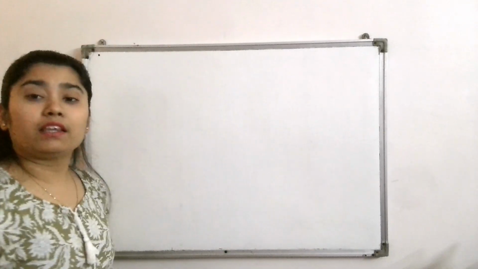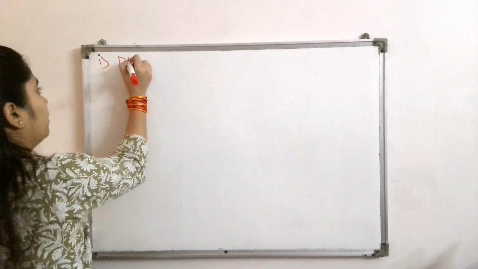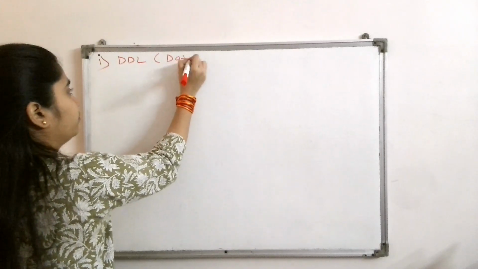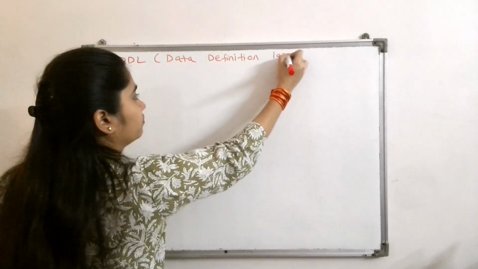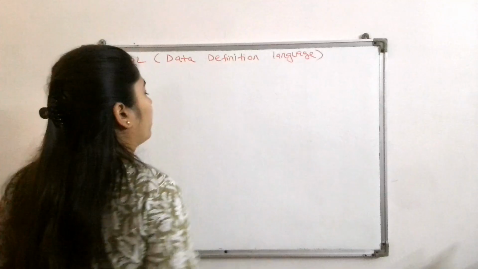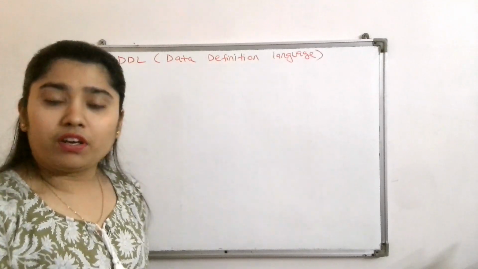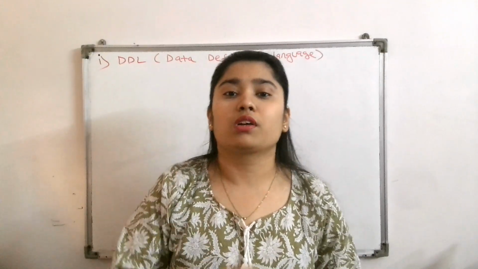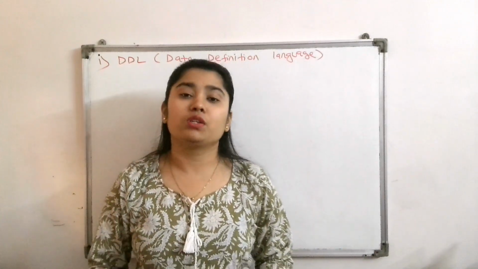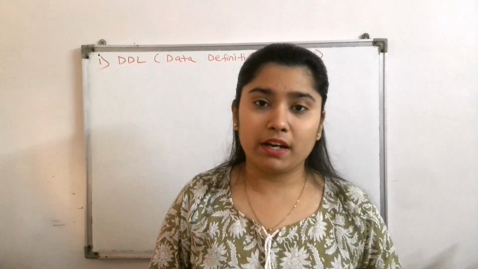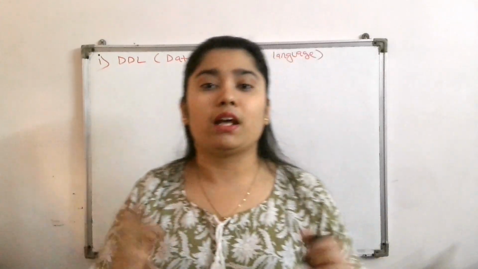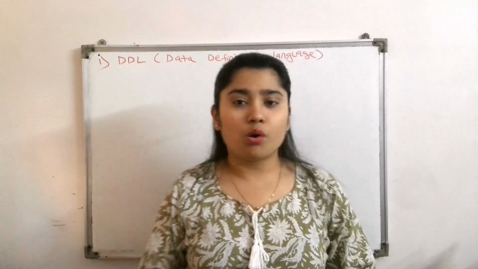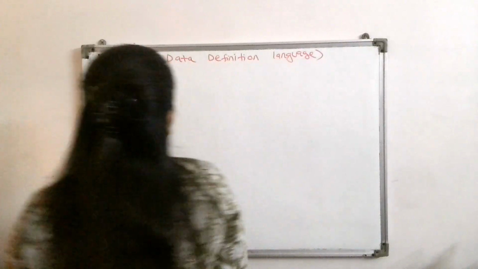First of all, we will understand the first type, that is the DDL. First is the DDL, that is data definition language. Okay, see, as the name suggests, it is the definition. That means it defines the structure of the database. Or we can say that it is used to create the skeleton of the database. So the DDL is used to create, modify, or delete the database, the tables, schemas, indexes. Okay, let's write it here. What is the DDL?